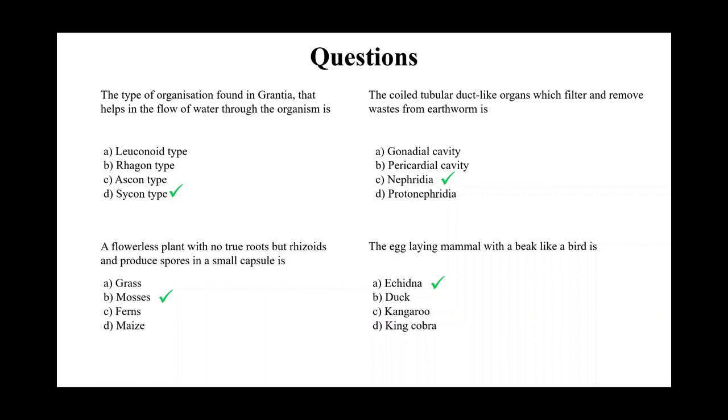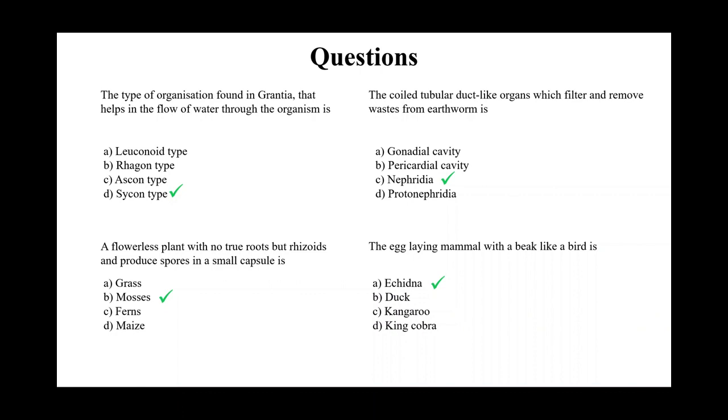And here, these are the different kinds of sponges: ascon, sycon, and so on. How are they flowing the water? This is an example of sycon, where you have these different pores that are lined up linearly and can be used for the flow of water. And then the next set of questions: the type of scales present on Bombay duck fish are placoid,